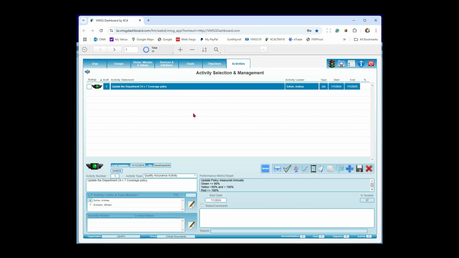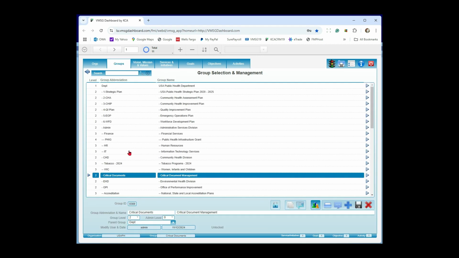The cool thing about it is it's automated in the background. It'll automatically notify people when you want them to be notified. Now, in this particular case, if Andrea doesn't go in here and update this by the end of the fiscal year, the light will turn red and everybody will get notified that the document is out of date. The other thing you can do, because of the permissions that you can assign to groups by person, is assign everybody in the department read access to critical documents,